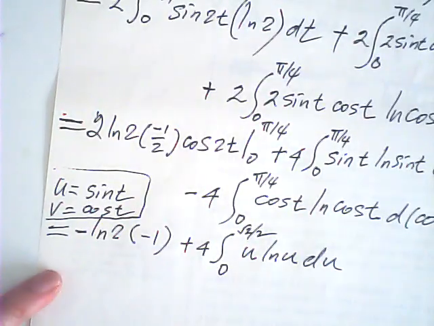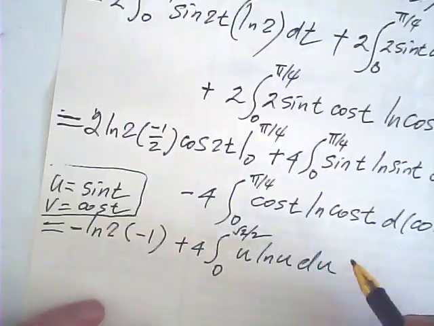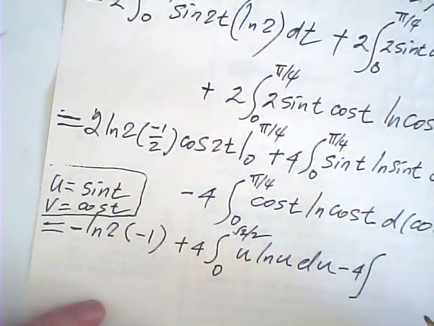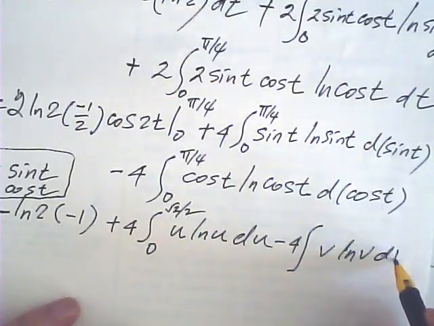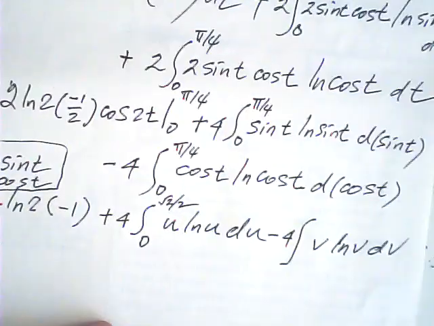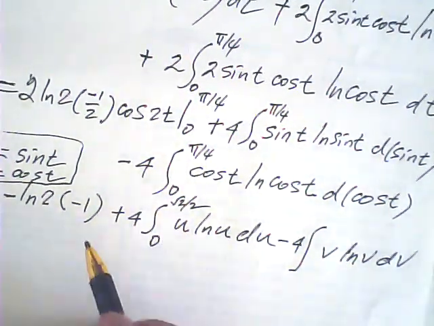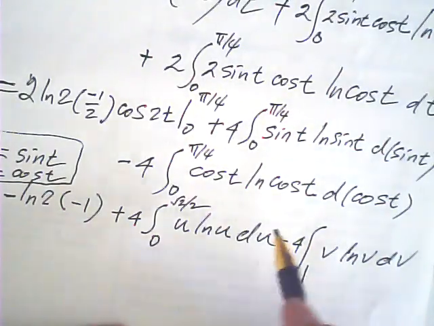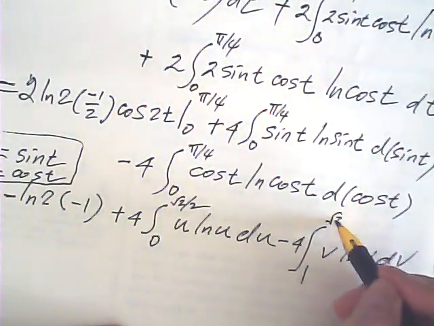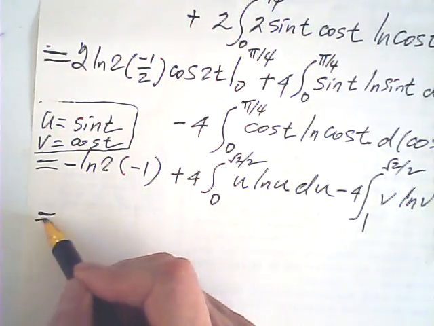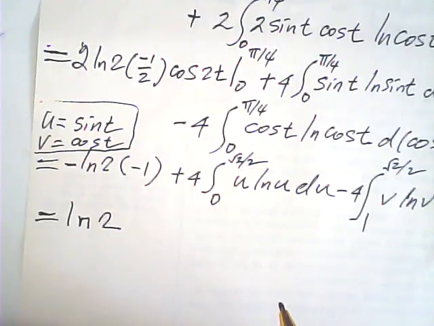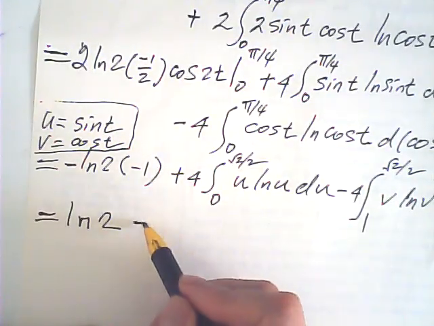That is for quarter pi for sine. And this one minus v log v dv, because v is a cosine. And this one goes from 0, cosine is 1, quarter pi is root 2 over 2. So this one equals log 2 now plus,